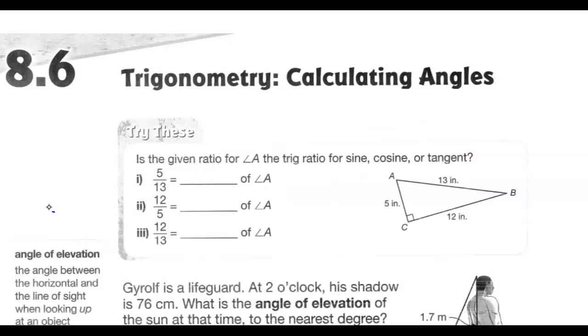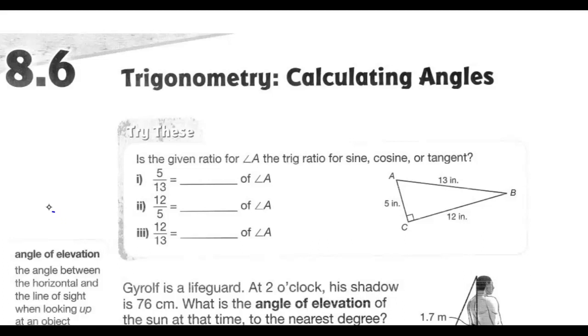So here we're looking at all of the trig ratios, but we're going to use them to calculate missing angles. The biggest thing is you have to have a 90-degree triangle, and then you need to know at least two sides of that triangle. In the try these, it says, is the given ratio for angle theta the trig ratio for sine, cosine, or